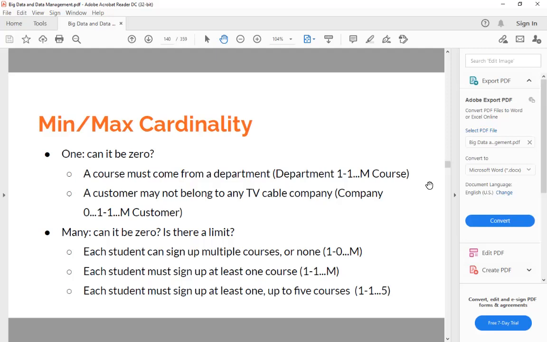And at the same time, each course must belong to at least one and at most one department. There's no course belonging to 2 departments. There's no course that does not belong to any department. Each course belongs to one and only one department. So the way we describe it is 1-to-many, right? For course, there's always one department. For department, there's always